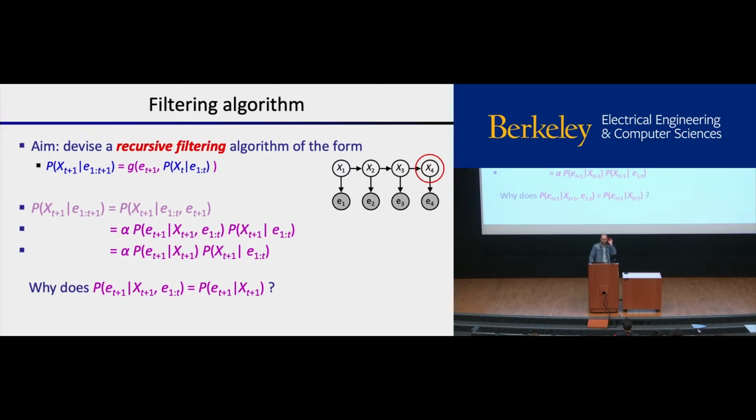Right. So it's a fact about conditional independence that is given by the model that we're considering, the hidden Markov model. So if we're looking, okay, t equals 3 in this example, if we're looking at the probability of this, given that, it doesn't help us to know what all these values took. If we know this, that's all we need.